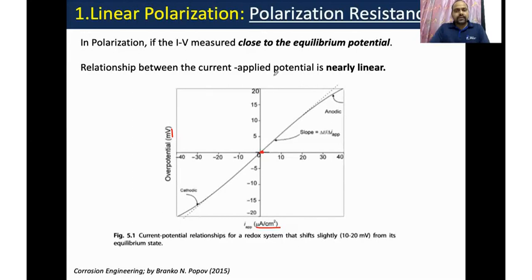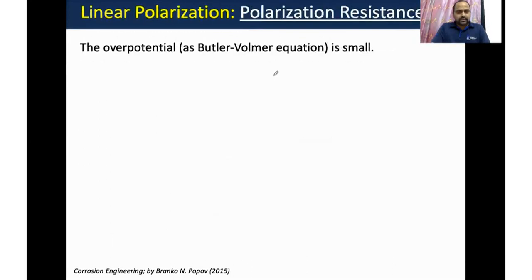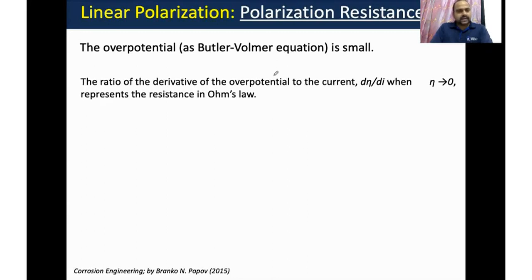Therefore, this linear plot can give the resistance, similar to how we measure resistance in ohmic systems. So the overpotential is small, this is basically the condition. In that case, the ratio of the derivative of overpotential to the current, so dV by dI or d eta by dI,